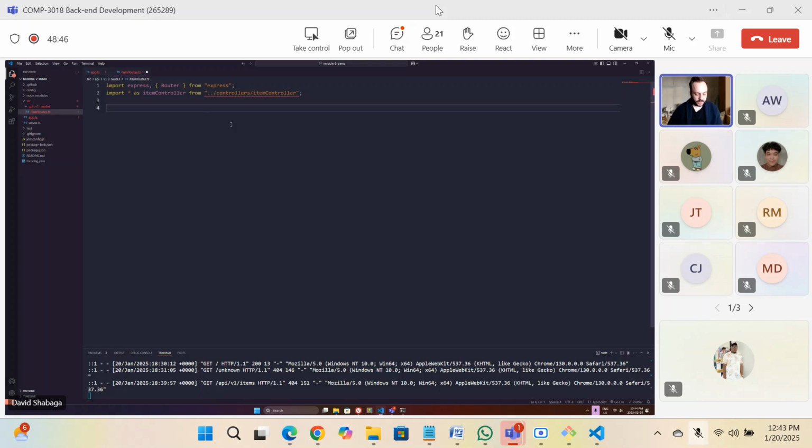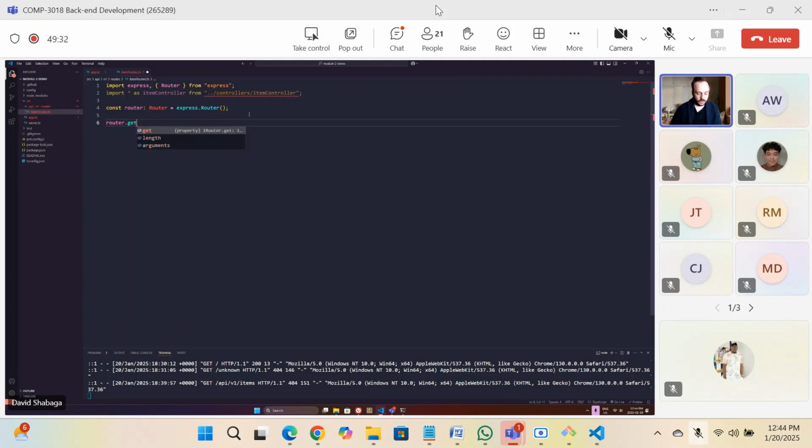And in my route, I need to define a router. You'll notice in tech we reuse a lot of words from, say, networking, but then we reuse them for our software as well. The router you can kind of think about here as a mini express application to define the routes for a specific resource. In our case, our specific resource is items. Right? And so I want to define some